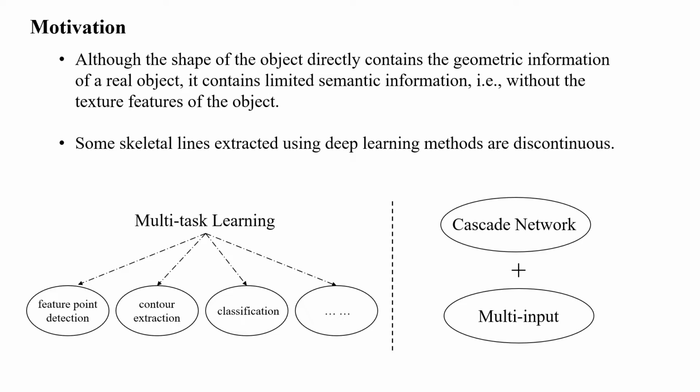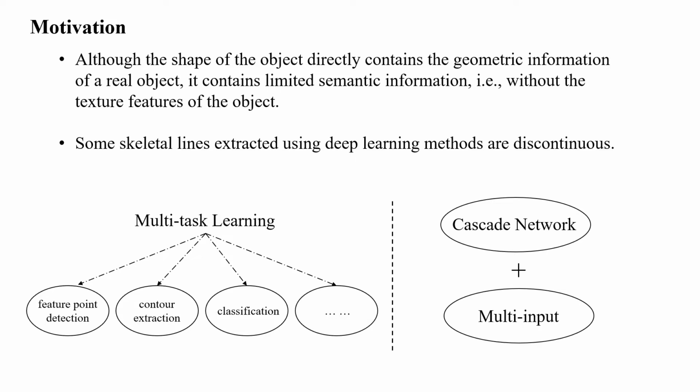For the first problem, we believe that introducing multitask learning can help the network to obtain more general feature representation with limited input signal. Specifically, we introduced two auxiliary tasks, feature point detection and contour extraction. The motivation of using feature points as training signal is that we observe the skeleton in some non-trunk regions are frequently missed by the model, and the supervision of contours constrains the range of skeleton and can avoid false positive